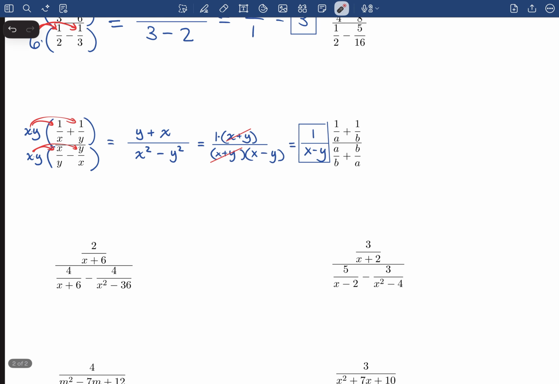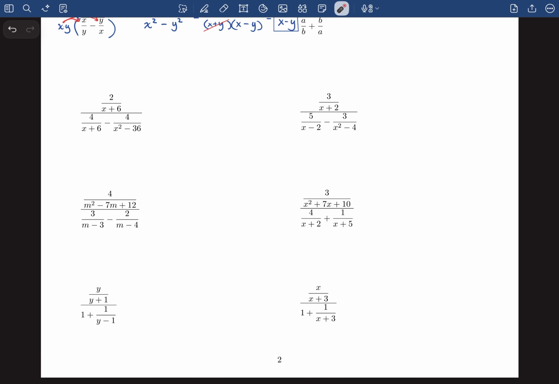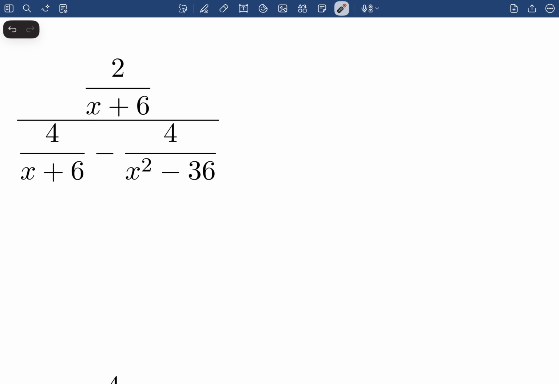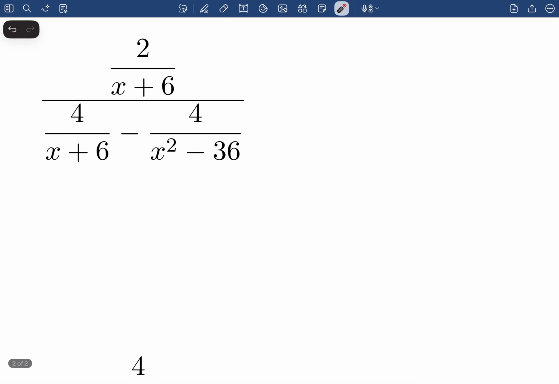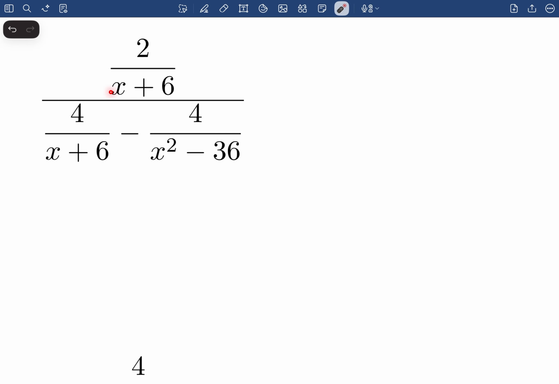Let's go ahead and try another example. And by the way, we just have a few last examples that we're going to be looking at. And these are increasing complexity at times and just trying to help you build your skills in seeing how to do this. So looking at this example here, I have 2 over x plus 6 all over 4 over x plus 6 minus 4 over x squared minus 36. And I look at all the denominators. That's one thing I analyze first. I look at the denominators and I say,